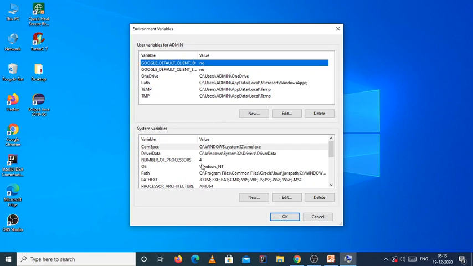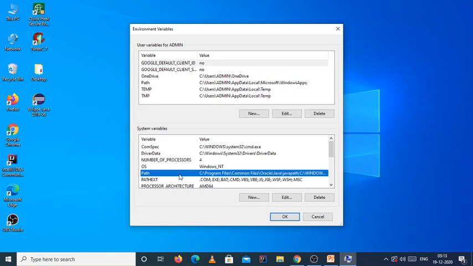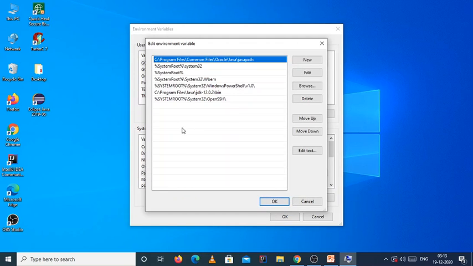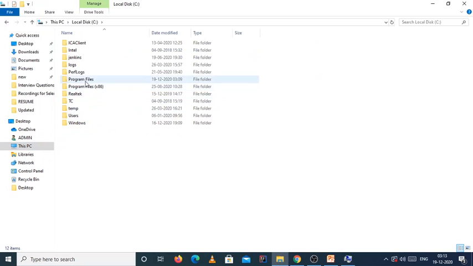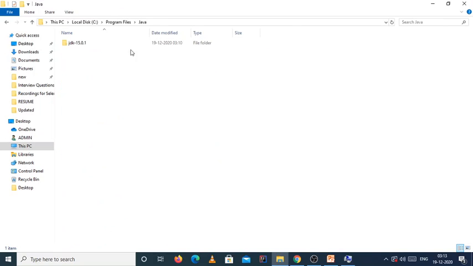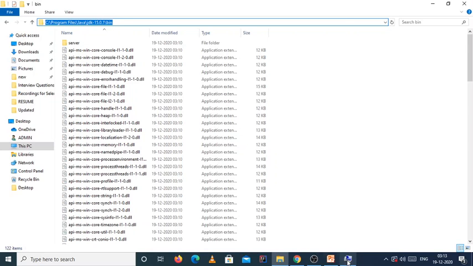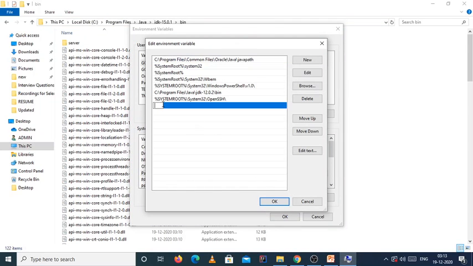Just search for path. Here we have the path variable. Just click on edit. In path, we have to give the path for javac.exe, the path where we have saved the JDK. So just open it once again. Java JDK bin. Just copy this path and paste it over here